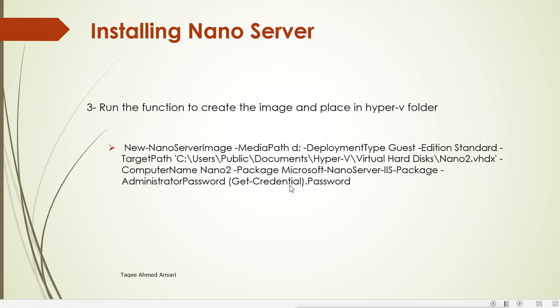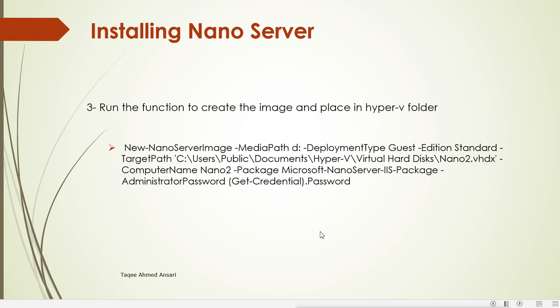It is going to get the credential from me. When I press enter, it will ask me to provide the password. This is the text and this is the option to get the credential. Otherwise you can type the password here, but this is the good option.